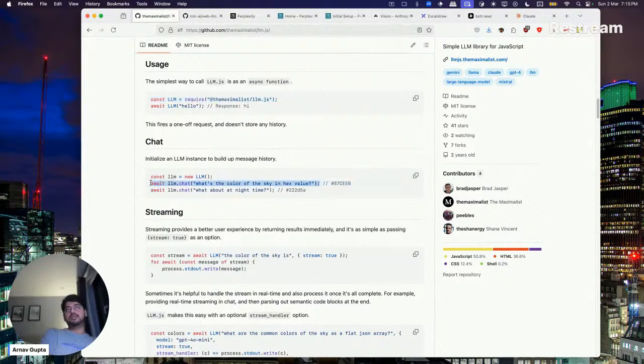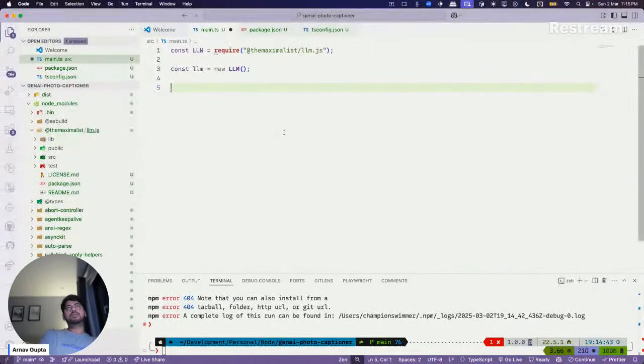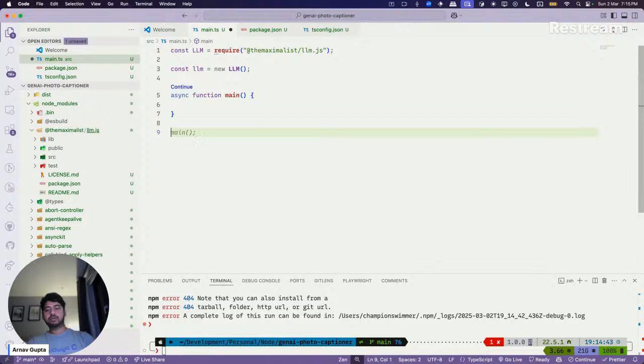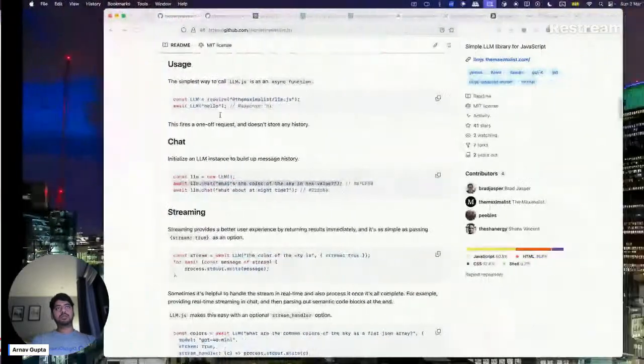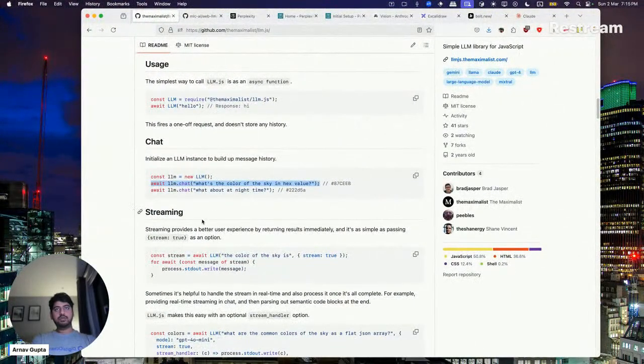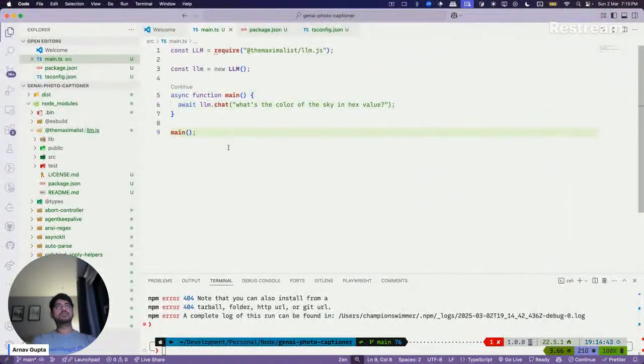Let me just see if the basic OpenAI calling is working or not. Does it return from here? Okay, I think it console.logs automatically. Let me see if that works.